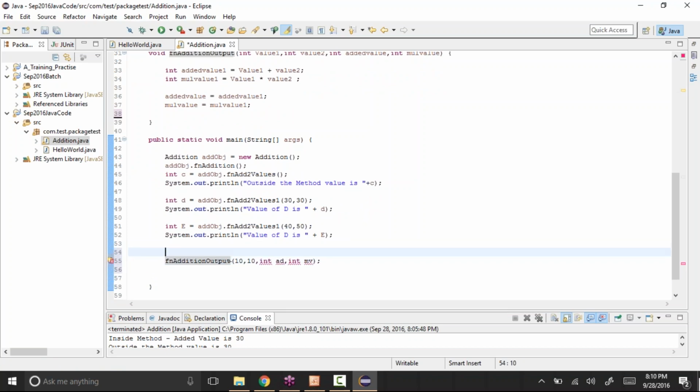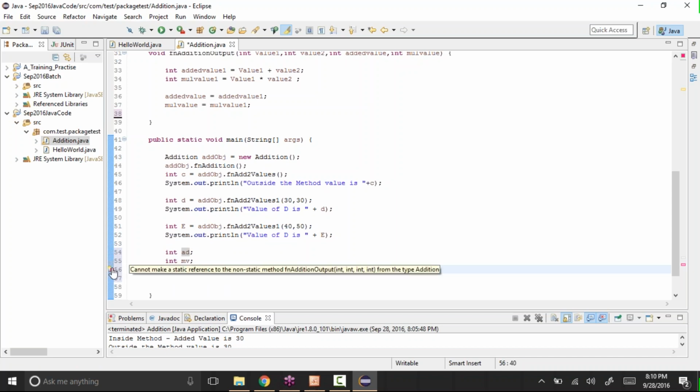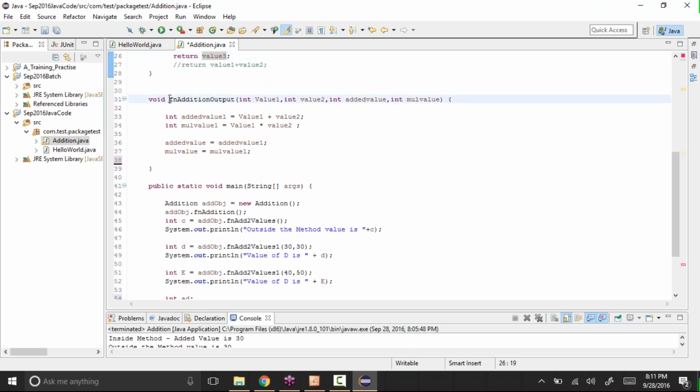Okay, so before calling it, I'll say int ad, added value, int mb, multiplied value. Okay, and I'll remove those ad mb here like this. Still it's giving an error. Okay, so instead we have to say static.